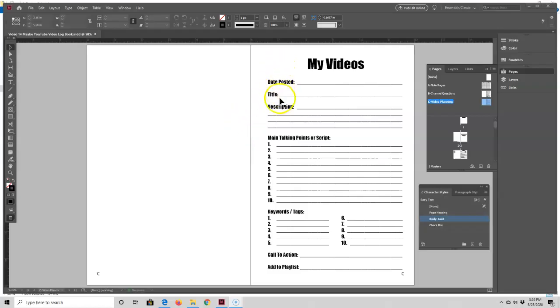I want this My Videos page to be my main repeating page. I want it to repeat 104 times. I think 104 is a great number. This way a person can plan out one video a week for 2 years, or 2 videos a week for 1 year. So before I insert the 104 pages down here, I'm going to make a copy of this page